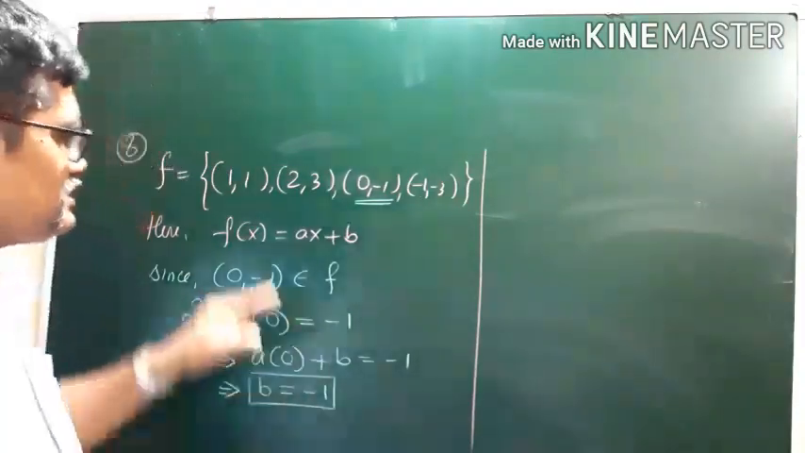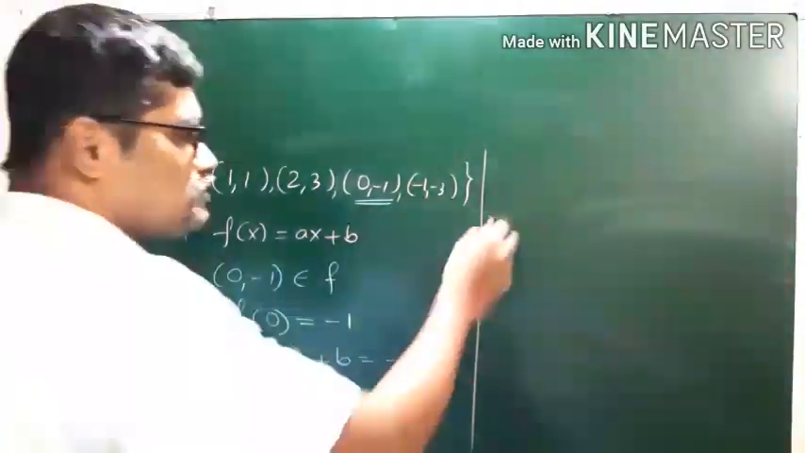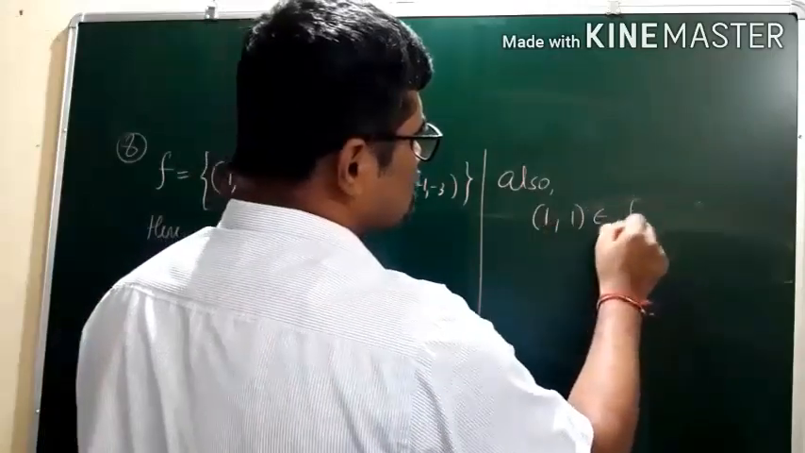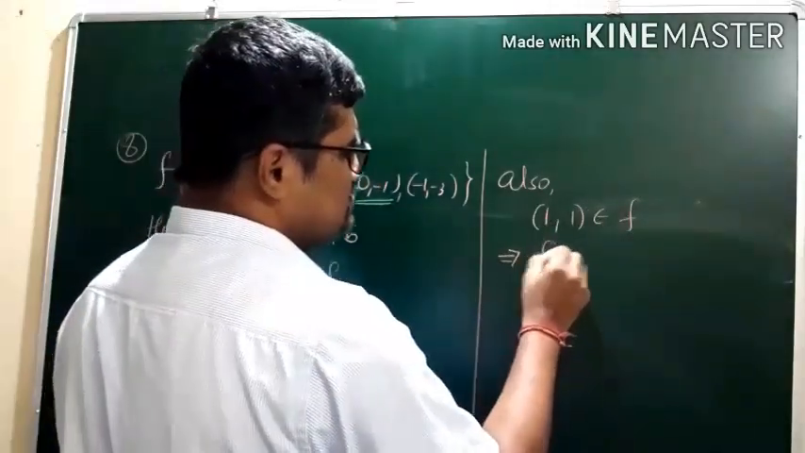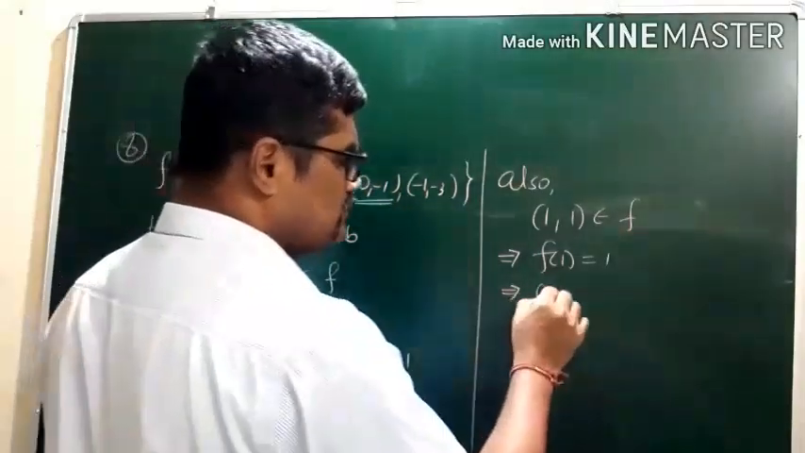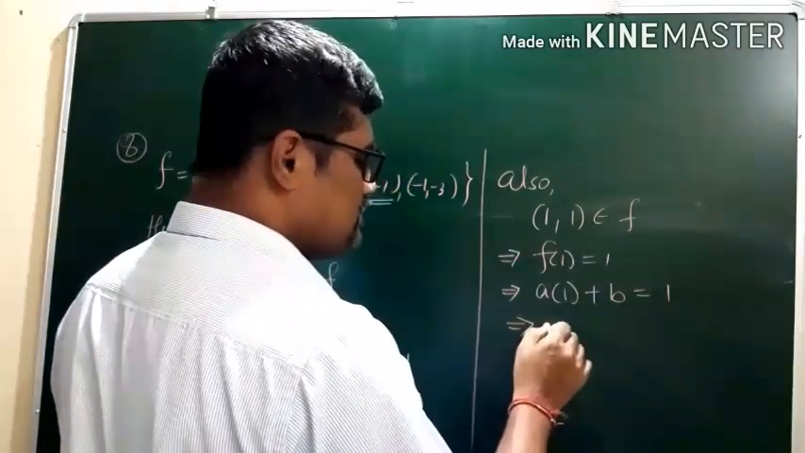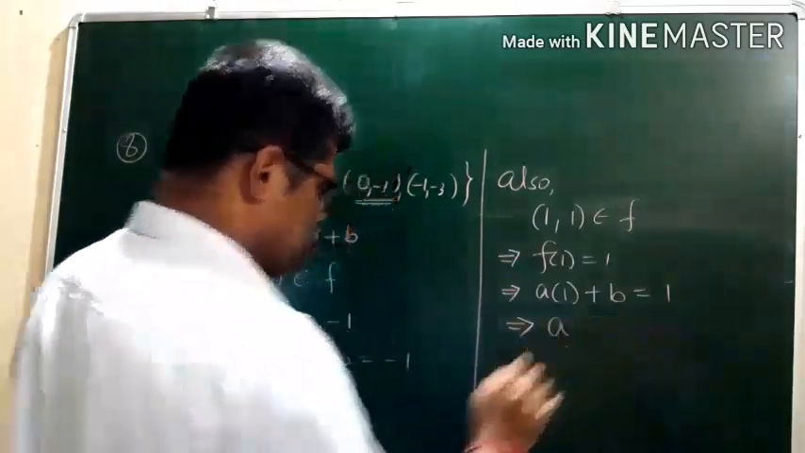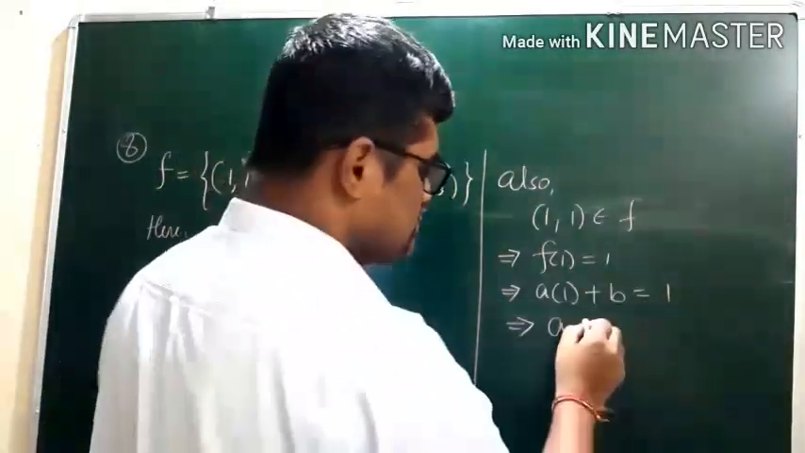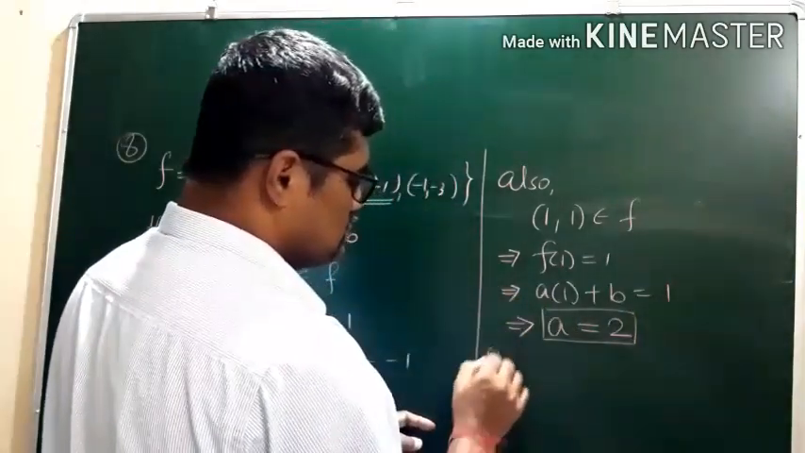My sense say that this is little easier because these are having bigger numbers, right? So we say also (1, 1) belongs to this. This implies here, right? So f(1) is a plus b equal to 1. Value of b is already known to you. It is -1. So at that time, if you transfer that -1 to the right side, it will be plus 1. So a equal to 2. Therefore,